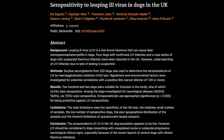Over 200 dogs in England, right? Yes, 202 to be exact. Their blood samples were tested for LIV antibodies using the haemagglutination inhibition test. And that's where things get interesting, because their findings challenge some of the traditional thinking about where LIV is most